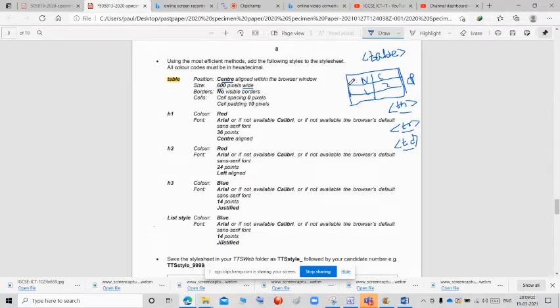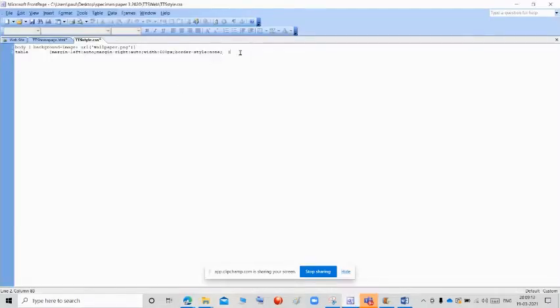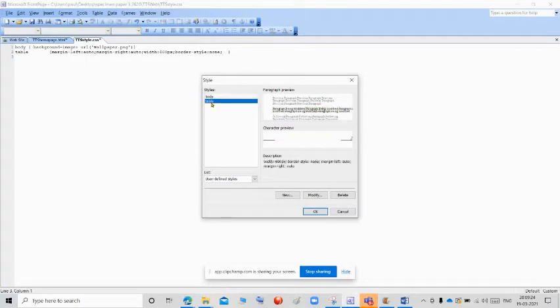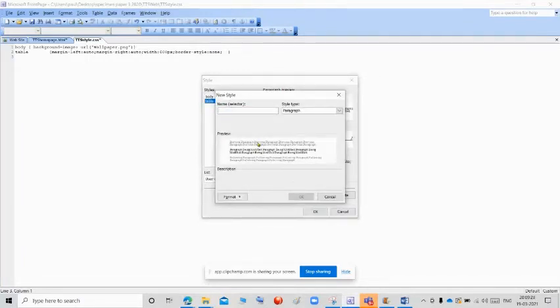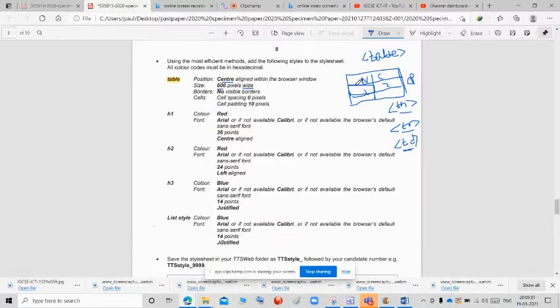So these are called cells. Inside the cells there is the data. So TD. So in the TD we want to give the cell spacing and cell padding. And also for the borders we want to go for the TD. So like this we want to give. Open the new tag, go to the format, click style, click the table and click new and give the name TD. TD means data because all the data are inside the cells.